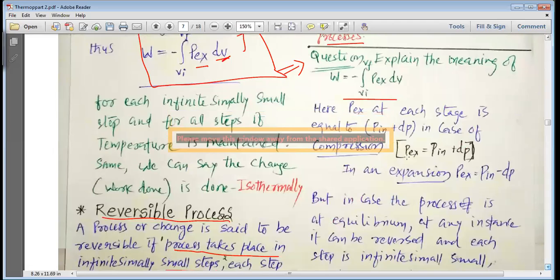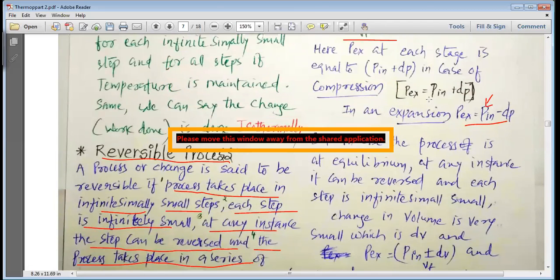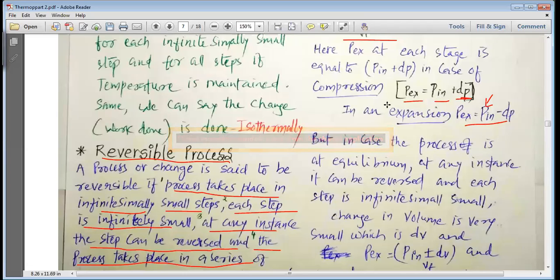So if there is an expansion, my dear students, for an expansion we can write P external is equal to P internal minus dP, because for expansion the internal pressure should be more, but for compression we can write that P external is equal to P internal plus dP, because the outer pressure has to be applied more, so some extra pressure dP has to be applied